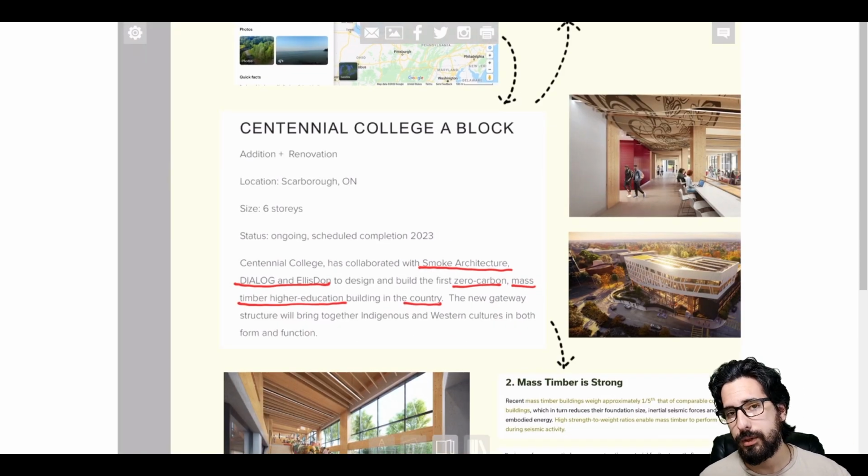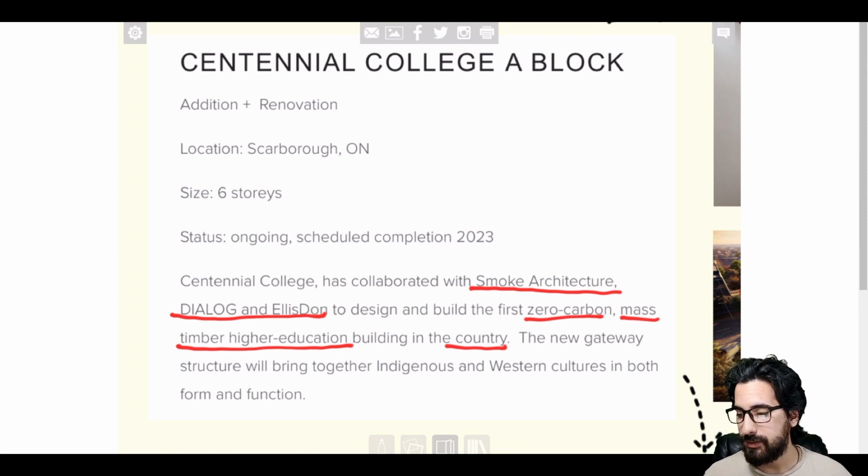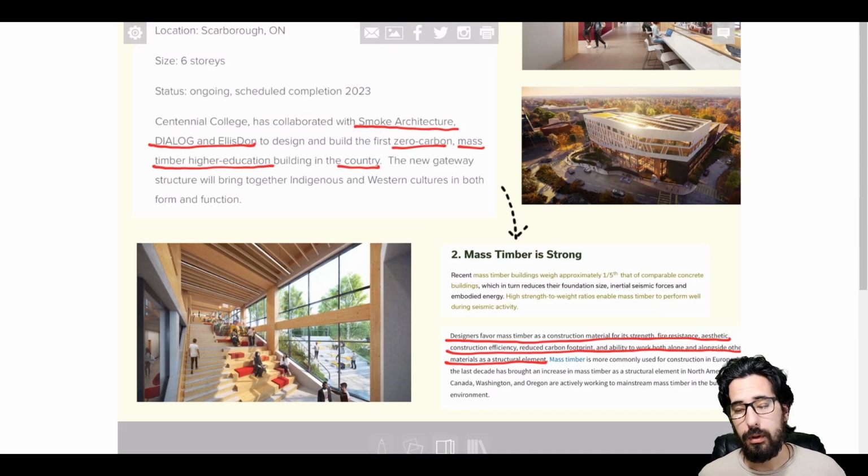Well, let's start out with zero carbon. So zero carbon is basically the idea that you use as much energy as you produce on site. In other words, you're not using up more energy than your building is actually creating. Going back to this long description, mass timber, what exactly is mass timber? Well, simply put, mass timber is a way of constructing that uses wood as its main structural members, and there's